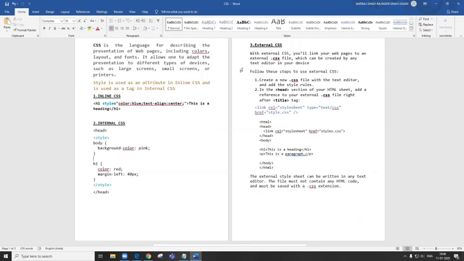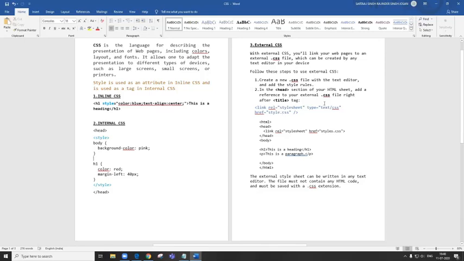The style that we'll be writing down in .css file will be included in the .html file with the help of this tag. Link rel style sheet, type is equal to text css, and href जो भी हमने style उस css file का नाम दिया हुआ है.